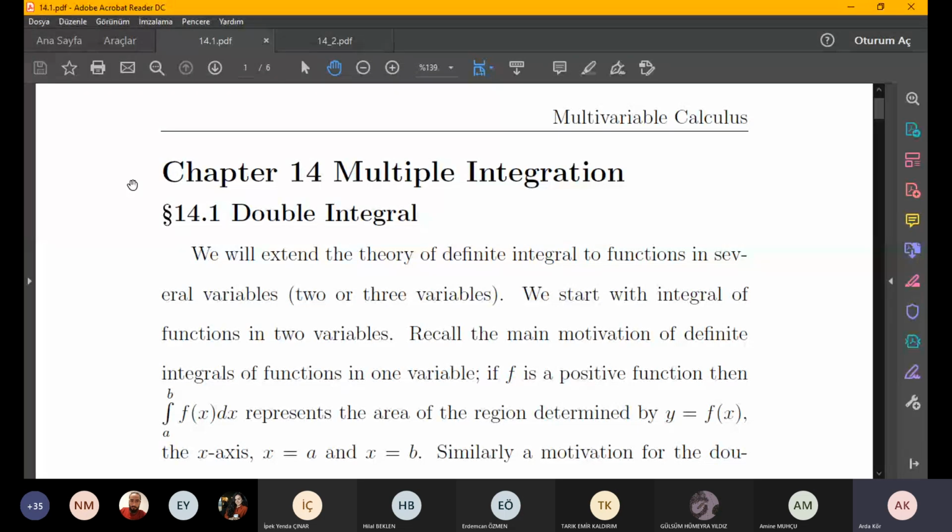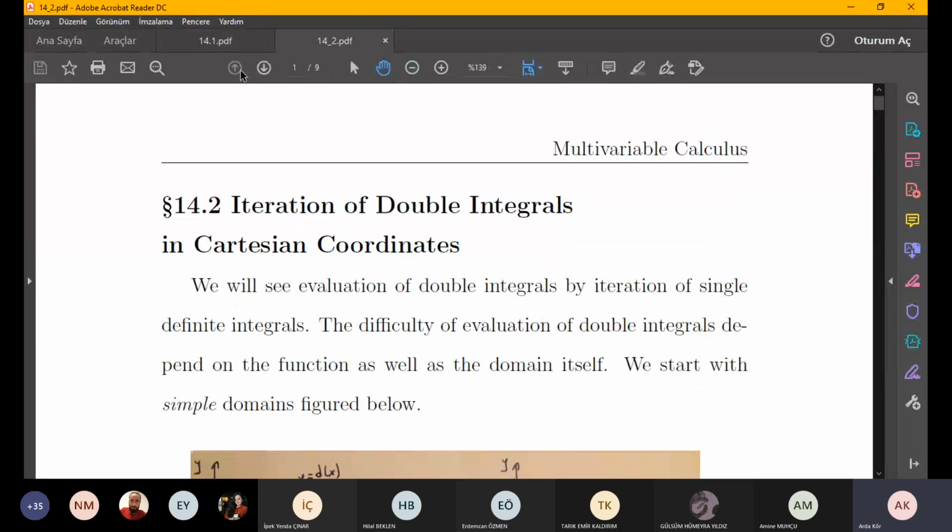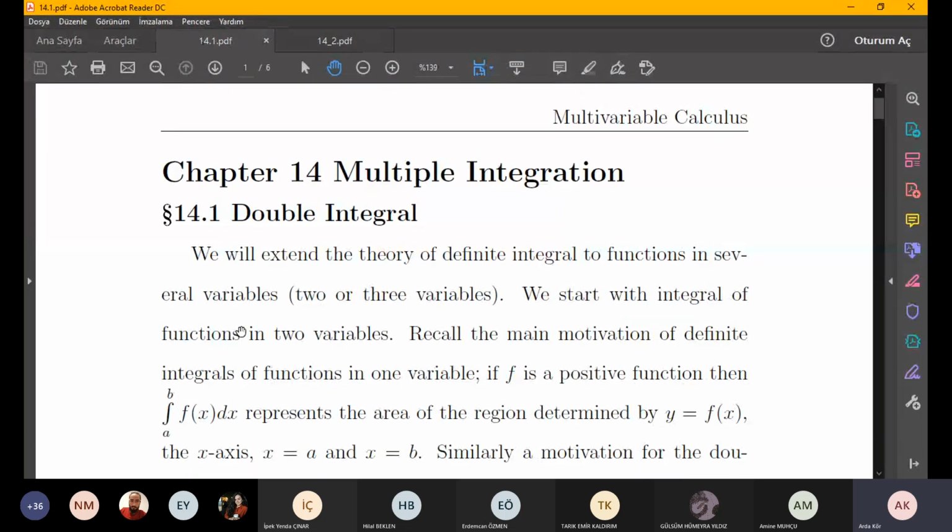Okay, today we will continue with multiple integration, and we will start with double integration, and after that we will continue with integration of double integrals in Cartesian coordinates. So last week we just talked briefly about integration for